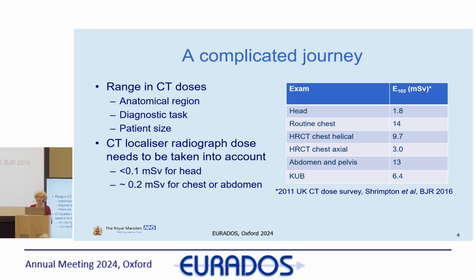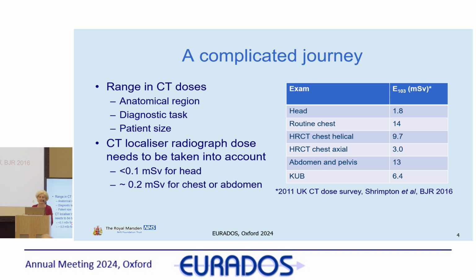This is an ambitious journey. It's also a complicated journey, because CT doses cover a couple of orders of magnitude. We have, for example, for a CT scan of the head, an effective dose of around about 2 millisievert. The actual organ doses are quite high, but in the head, we do not have very many radiosensitive organs, so the contribution to effective dose is quite low. On the flip side, we've got CT scans of the torso, such as the chest, the abdomen and pelvis, and the doses here can be in excess of 10 millisieverts, can be over 20 millisieverts for the chest, abdomen and pelvis. And here we've got lower organ doses, but of course that's where the bulk of the